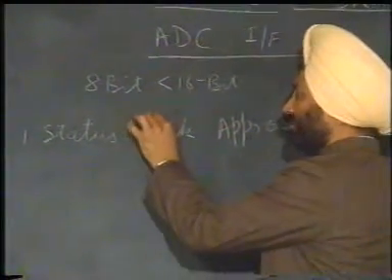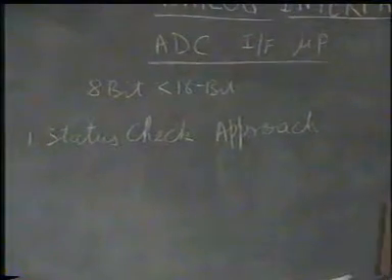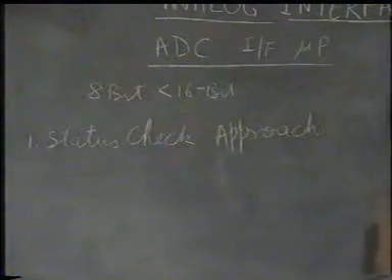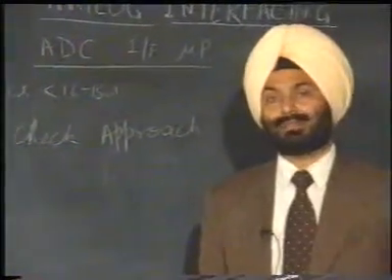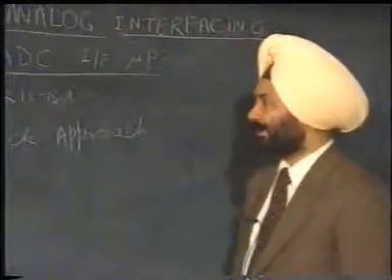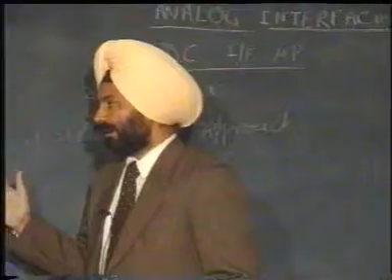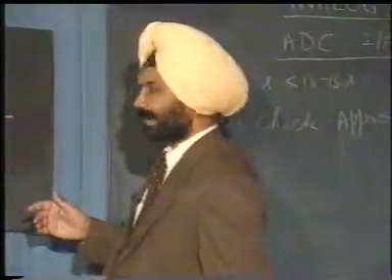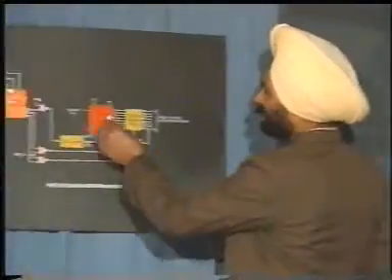What is the status of A to D? That means after the start of conversion has gone, we have to check the status of the A to D converter, whether it's yet carrying out the conversion or it has done the conversion altogether, and we can read the signal. In this case, we take the practical example of interfacing an 8-bit A to D converter, that is AD570